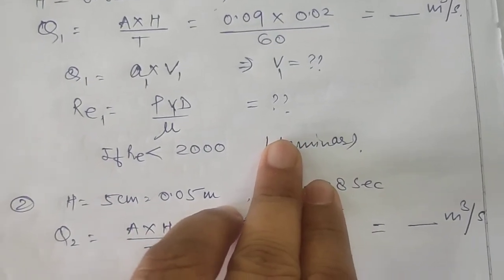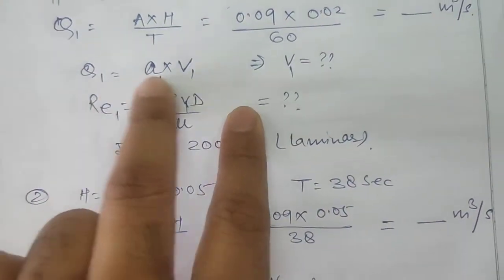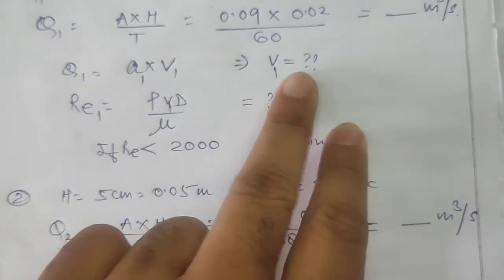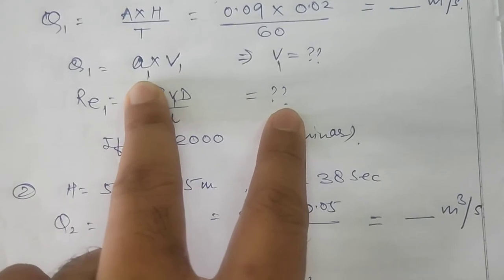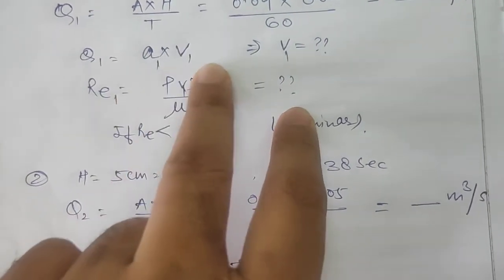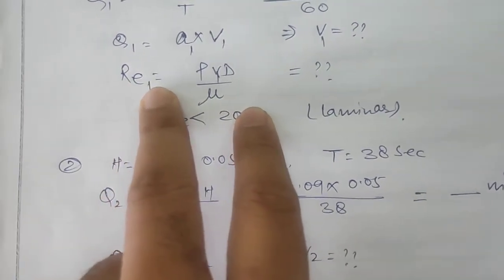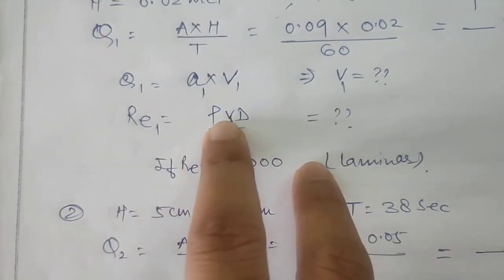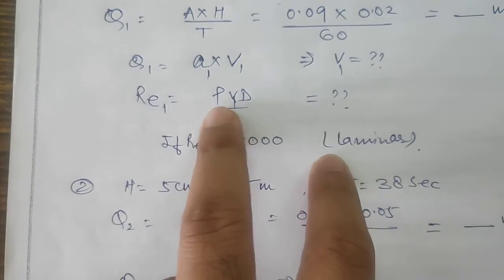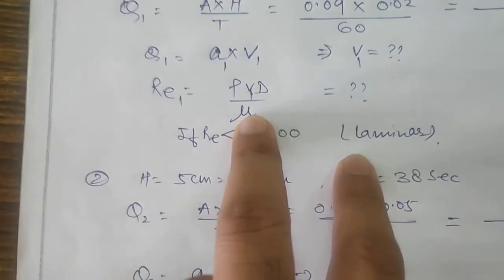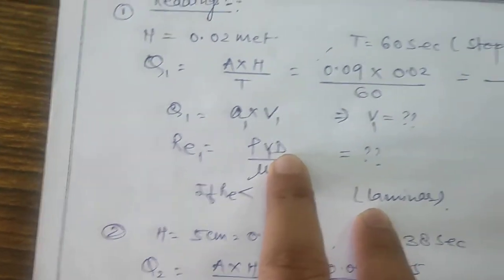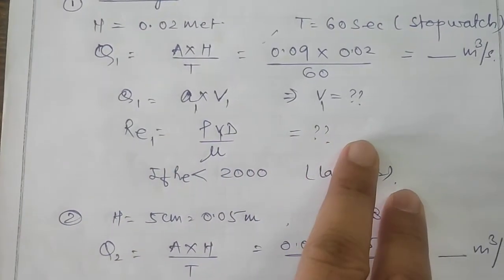So the unit of the discharge will be meter cube per second. So Q1 is known, then we can apply Q1 equals to A1 V1. Area is given by pi by 4 d square. The diameter of the pipe is known, so we can calculate the velocity V1. And we can also calculate the Reynolds number for this calculation, rho V1 d by mu, because rho, d, mu are fixed. V1 is the velocity for this calculation, and we can calculate the Reynolds number.